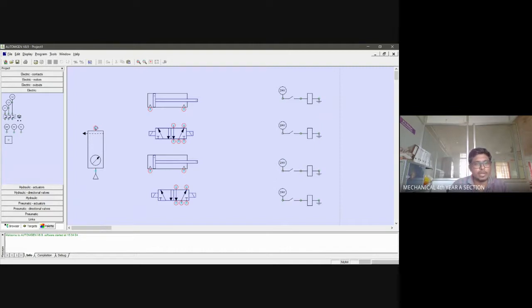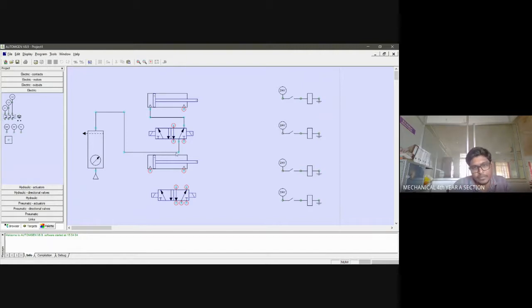From here, I'm going to connect it to a 5/2 direction control valve. See where I'm going to connect. See the position in which one receives the air and which one is providing it to the cylinder. This arrow mark represents that it is receiving air from the compressor and providing it to the cylinder. Can you understand this line? This arrow mark provides for intake of air, and once the air is taken in, it is sending the air to the cylinder.